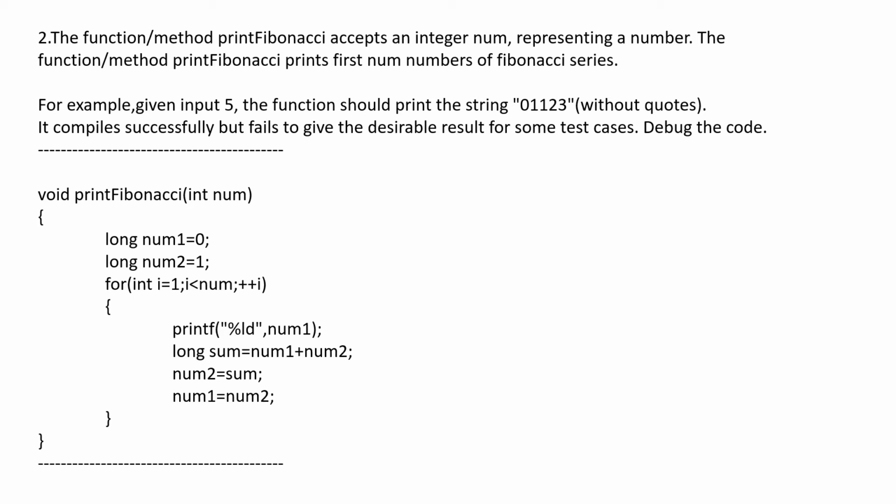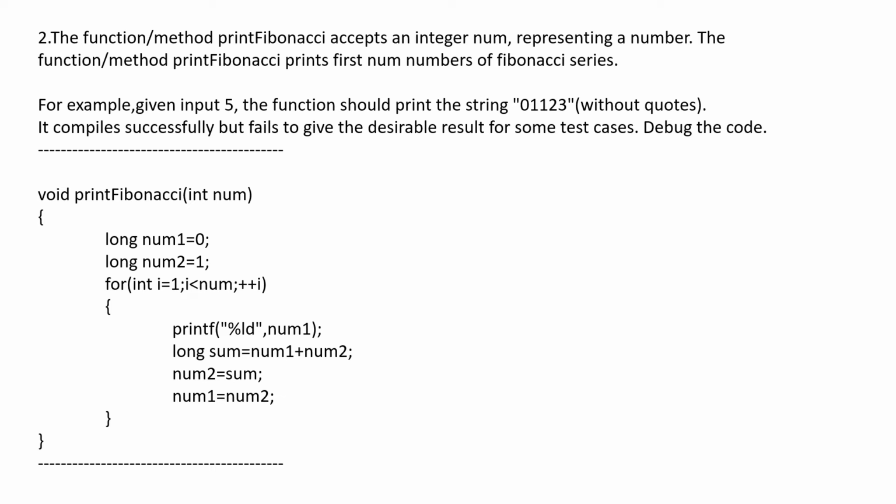So actually this code looks fine, everything looks fine, right? But there is a small error in it. Pause the video and try to find it out. And the logic of the Fibonacci number is we have to initialize the first two numbers, and then from then onwards we have to add the first two numbers and assign it to the next number. But if you look carefully, there is a small mistake in the last two lines of the code.